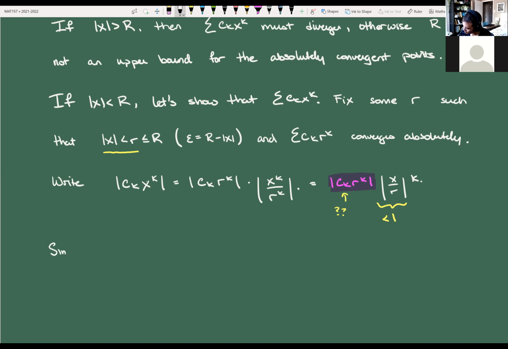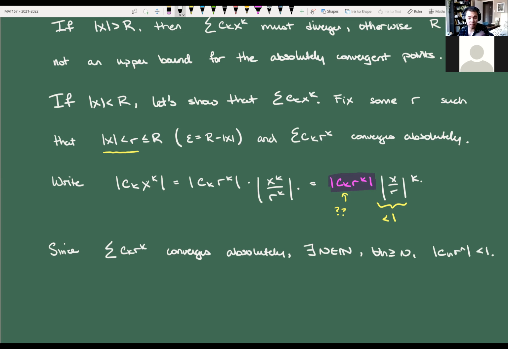So since this sum, c_k r^k, converges absolutely, there exists some capital N in the naturals such that for all n greater than or equal to N, c_n r^n is less than 1, right? By exactly what we all just said, this thing must converge to 0. So let's let epsilon be equal to 1. And now there exists some N such that this is true. So therefore, if I now substitute, and again, we have to be bigger than big N here,